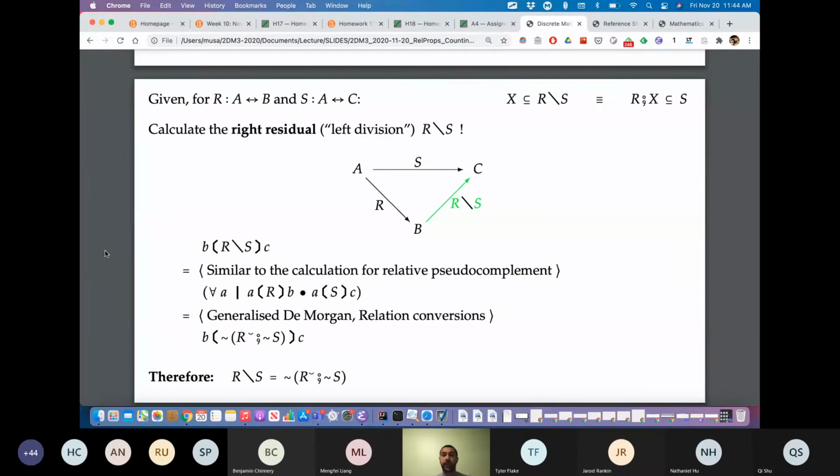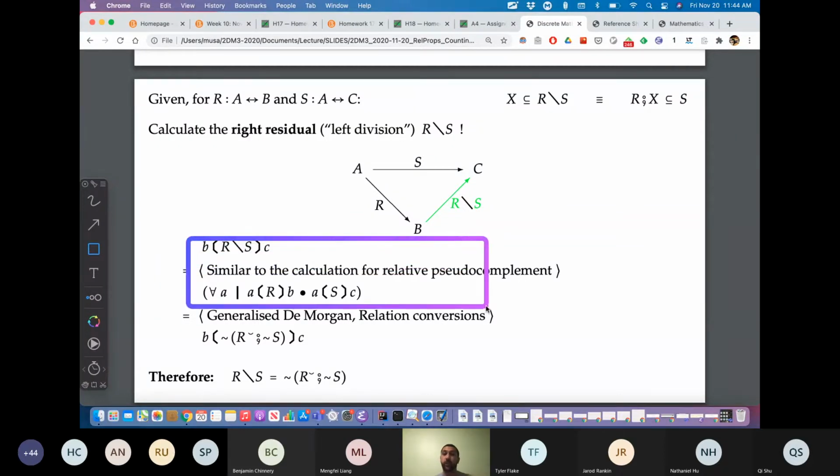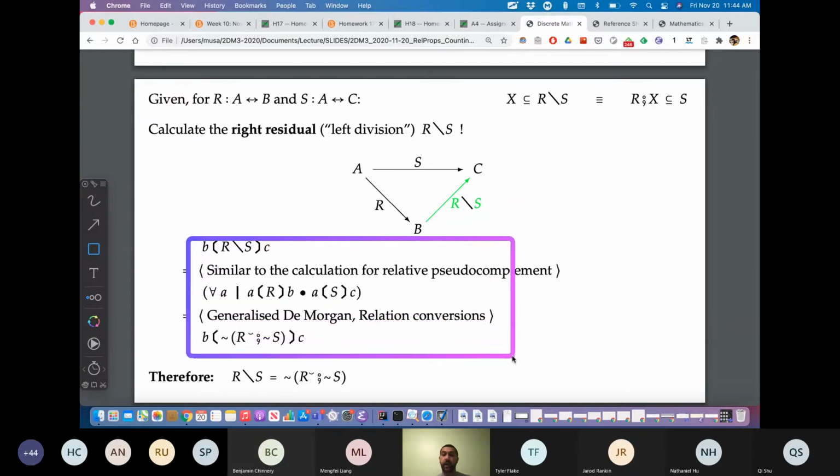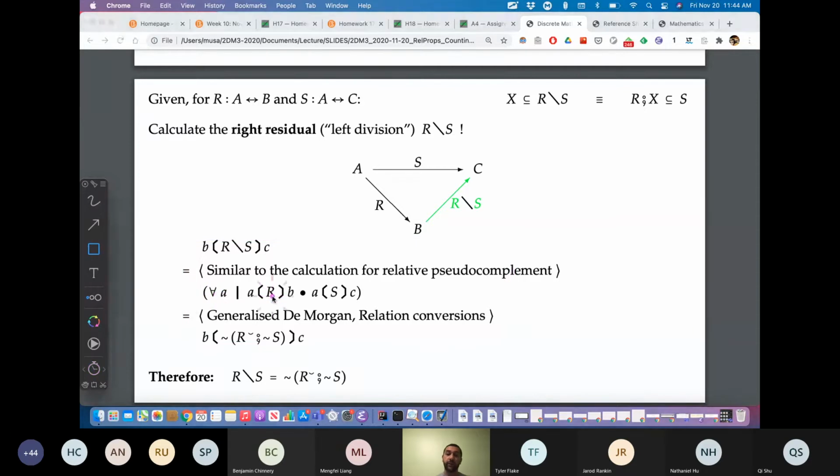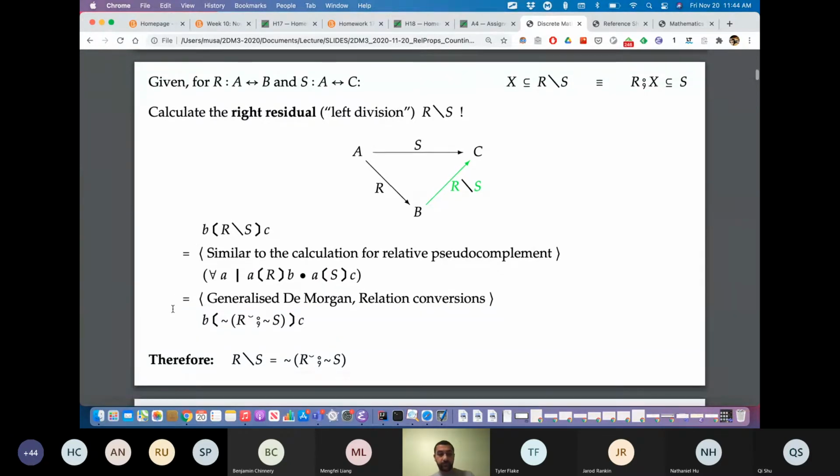Just as we did for pseudo complement, we can look at this, look at its characterization, and then simplify it into a point-wise formula involving all these names, A and a quantifier. And then we can realize, wait a minute, we've already seen this kind of thing as a composition, right? There exists an A such that R converse is related to that A and S is related to that A. And so we can rewrite it this way. So this would be very helpful prep for the midterm to actually try to do this.